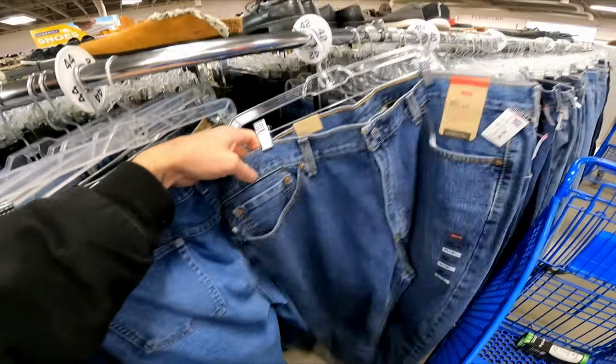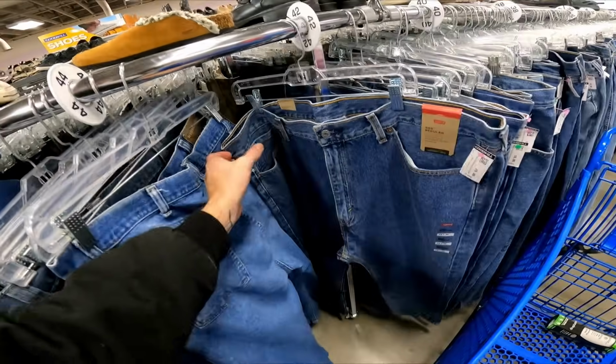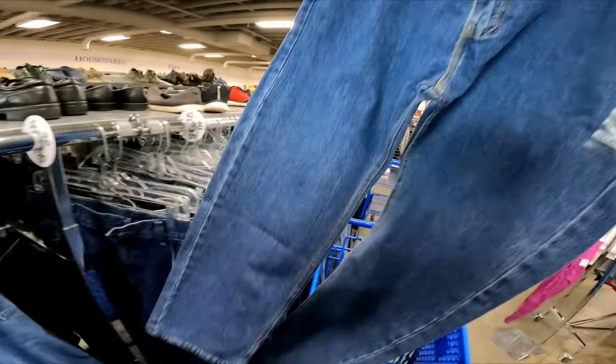Some new with tag Levi's 505 jeans. They are $9.99, but it looks like I can get about $45 free shipping for them. And they're a big size, so I think I'm going to pay $9.99 for them, especially because I'm not finding